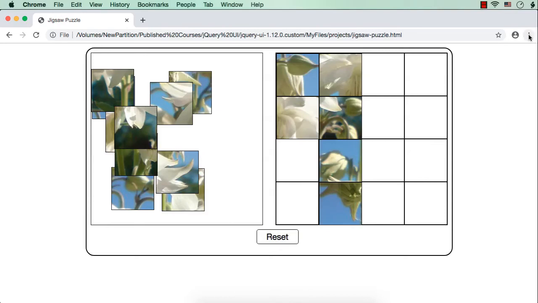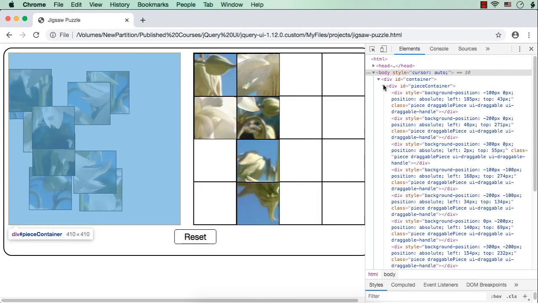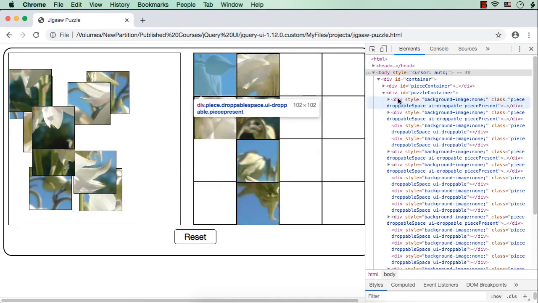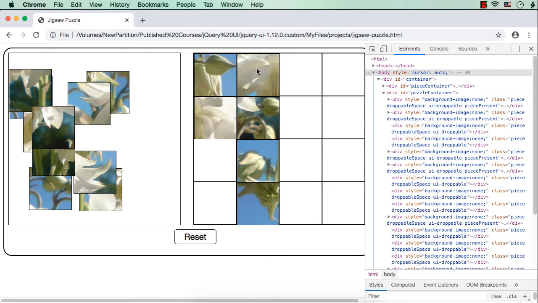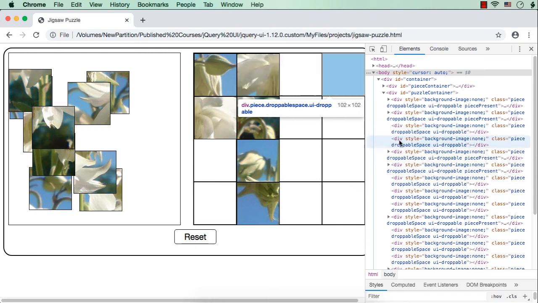Now if we check the console or the elements, let me show you. Let me expand this puzzle container, and in some spaces we are seeing this element appended to this space. Then here also it is there, see the second one, but for the third and fourth piece we haven't appended anything because we haven't dropped any pieces there, right?